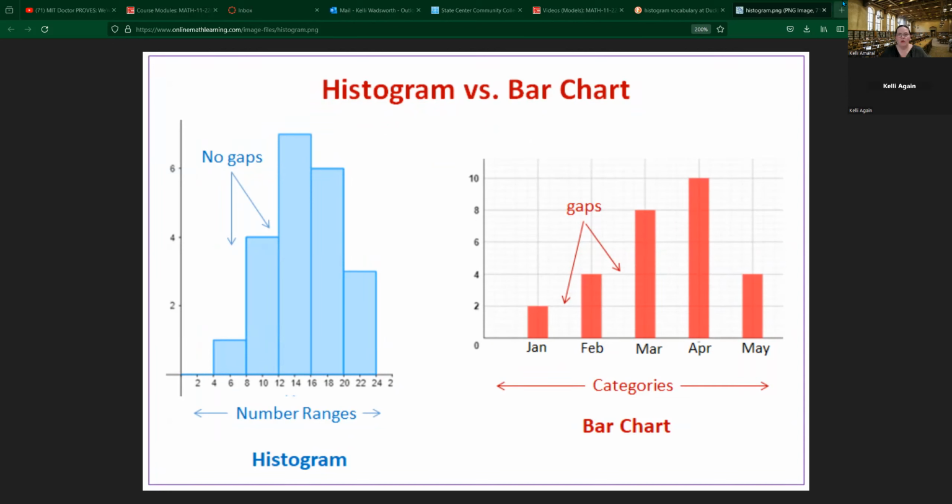Okay. So main differences. Well, main similarities is they're both made of bars. You can see that they have these little rectangles that go up. Frequency is on the vertical axis in both of them. So if we were to label this, this is going to be frequency for both graphs, meaning that the height of the bar is telling you how many data values are in that range